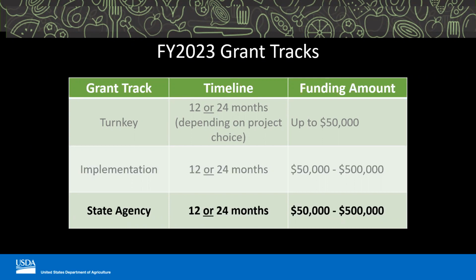The state agency grant track is specifically for state agencies looking to support their state. Proposed state agency grant activities must support the required objective: improve access to local foods and edible schools through the comprehensive farm to school program that includes local procurement and agriculture education efforts. Similar to the implementation track, USDA will consider proposals up to $500,000 from state agencies. The final award decision will depend upon the final appropriations language, and you should reference the RFA for more information.